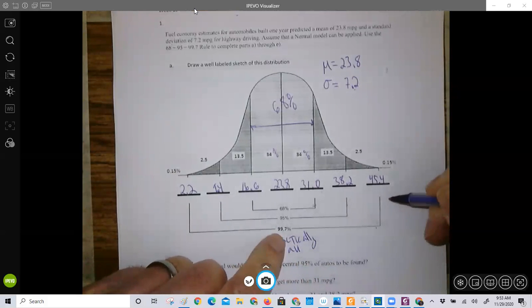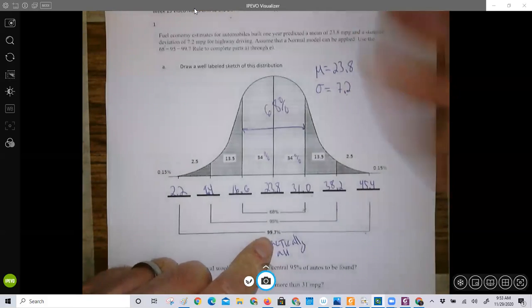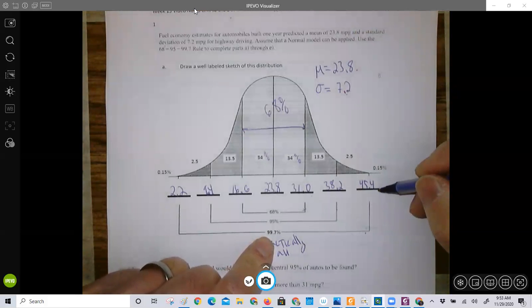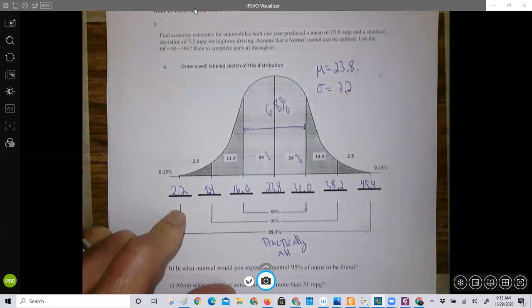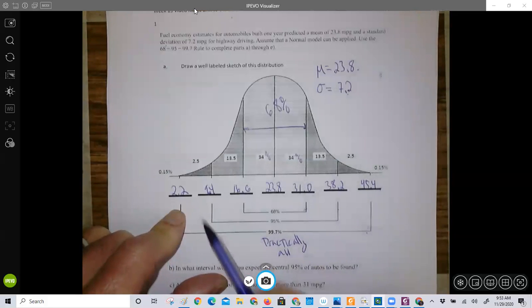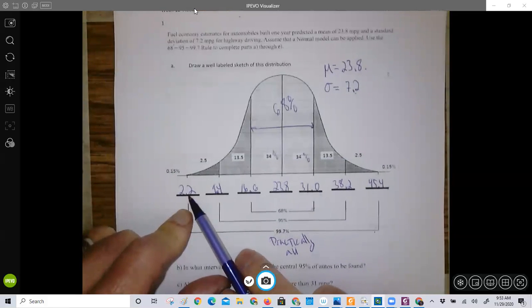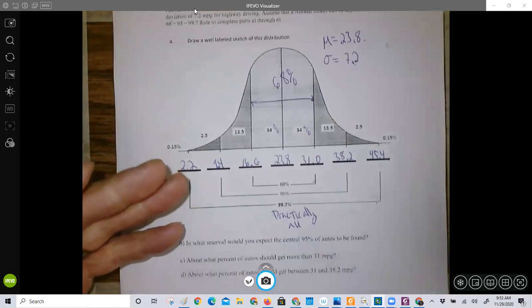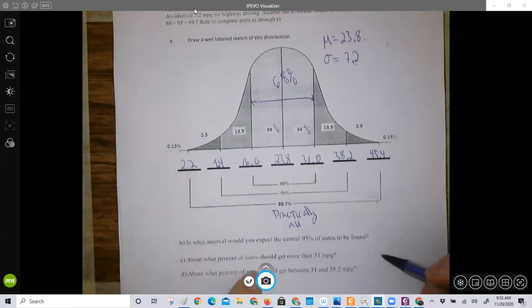So it's going to be very unlikely, if this is true, to get a car that has more than 45.4 miles per gallon. Obviously, this must have changed now with Priuses and electric cars, right? And I'm certainly not going to get a car that's less than 2.2 miles per gallon. So once I've got this well-labeled sketch, all we've got to do is